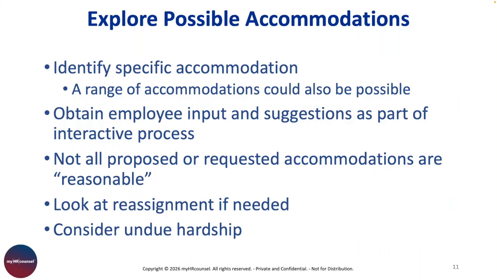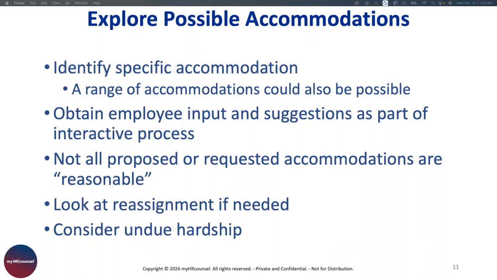The next step you want to look at with the interactive process is exploring possible reasonable accommodations. Identify a potential reasonable accommodation that may help them overcome the limitation in their job resulting from their disability. That's going to be one of your main steps. Remember again that this has to be done in consultation with the employee. It can't be done solely behind the scenes between, say, the owner of the company and management, or the owner of the company and human resources. No, the employee or applicant themselves has to communicate directly with the company.